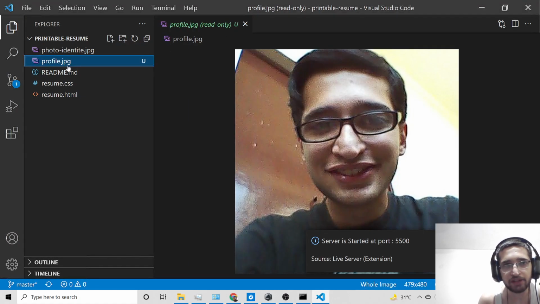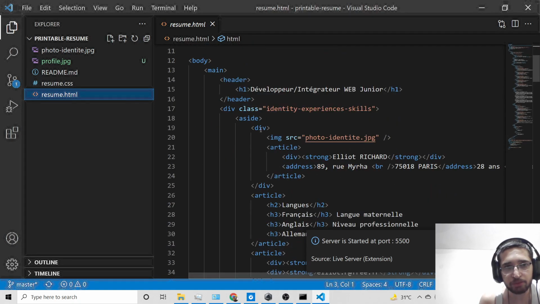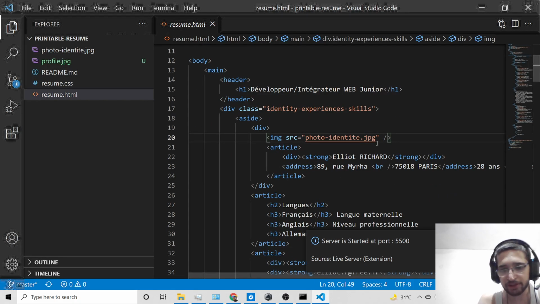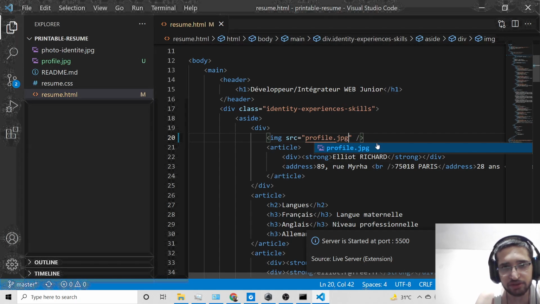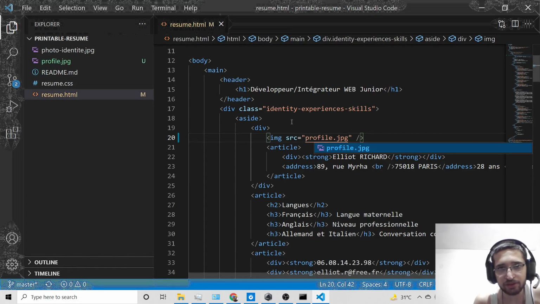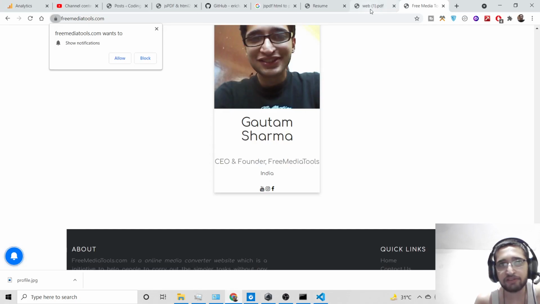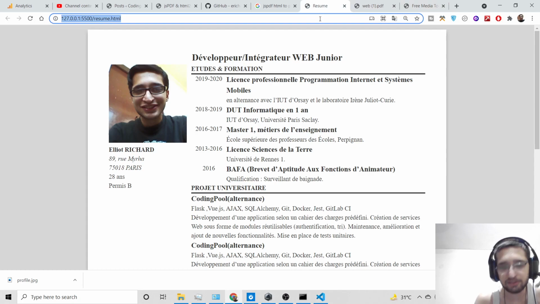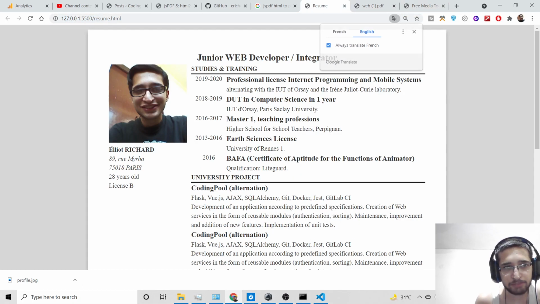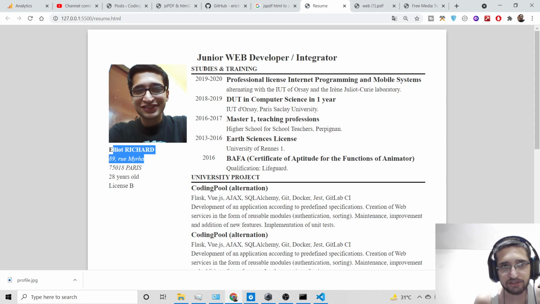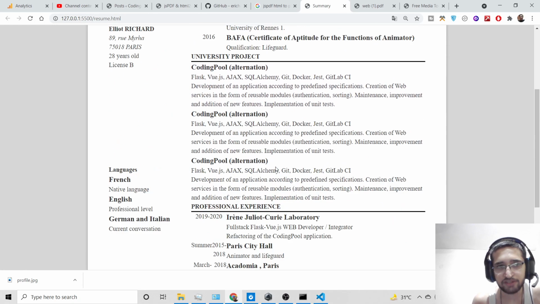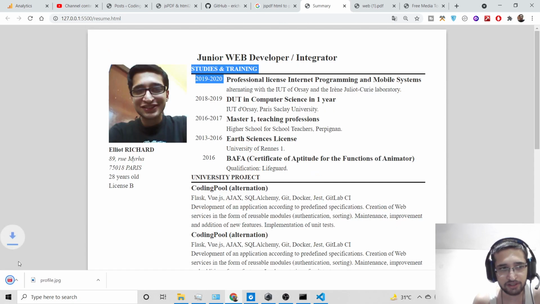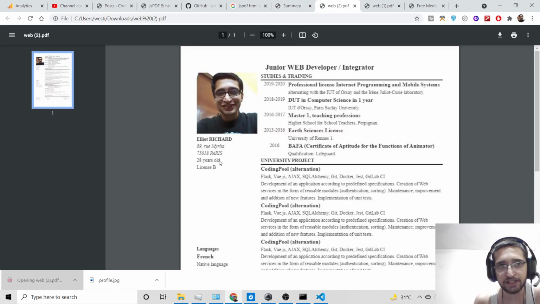This is my profile.jpg here, and what you need to do is that inside your resume.html file you just need to replace this path. Simply remove this and replace it with your image. So just copy paste the image and then change the path, and if I refresh, you will see my image is replaced here. And simply you can change the name, address, all that stuff by yourself. You can change the degree as well, study, training as well. After editing all that stuff, you can click once again to download the edited PDF document.